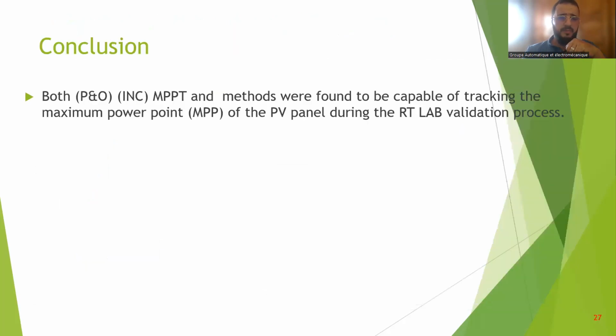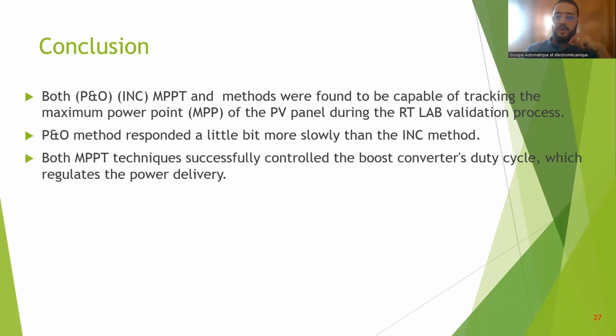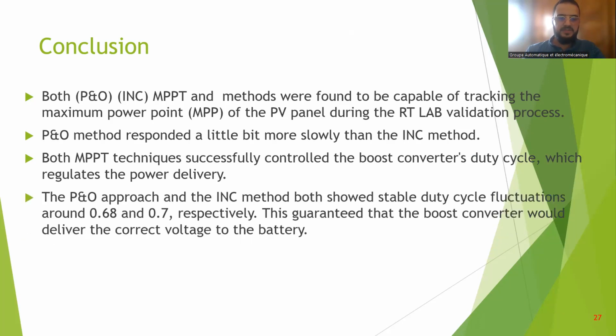As a conclusion, both methods were found to be capable of tracking the maximum power point, MPP, of the PV panel during the RT-LAB validation process, but the perturb and observe method responds a little more slowly than the incremental method. Both methods control the boost chopper duty cycle, which regulates the power delivery, and